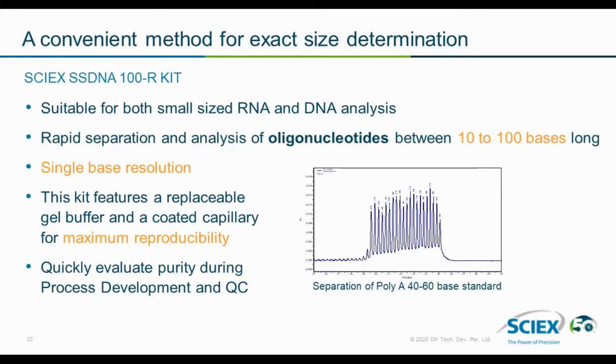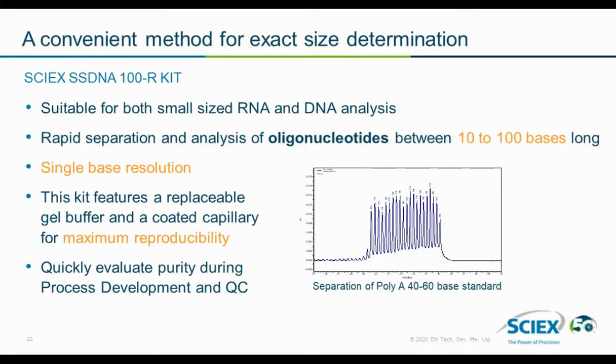So basically CE offers a convenient method for exact size determination of an RNA molecule, and this comes from using automated capillary gel electrophoresis. So basically, what we're doing here is we're offering a gel electrophoresis separation within a capillary. And at SELEX, we provide gels to capillaries to do this. And this is what's listed on this slide, the SELEX ssDNA 100R kit, which is available for the PA100